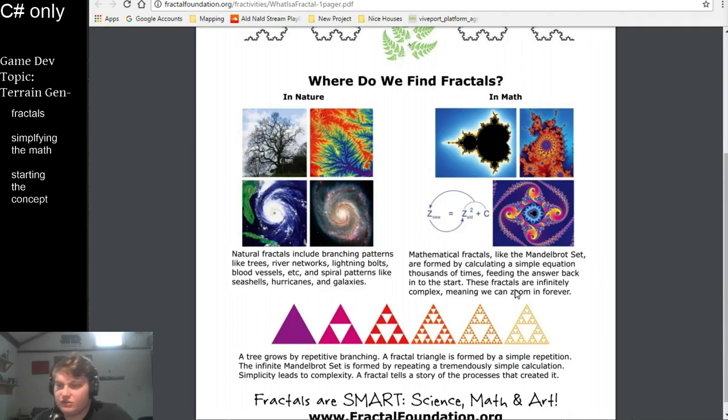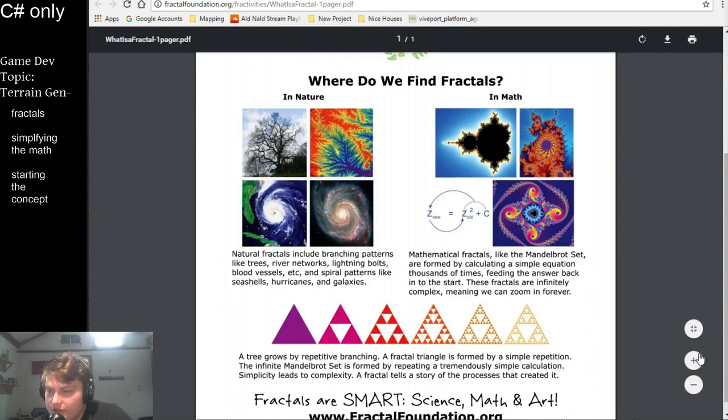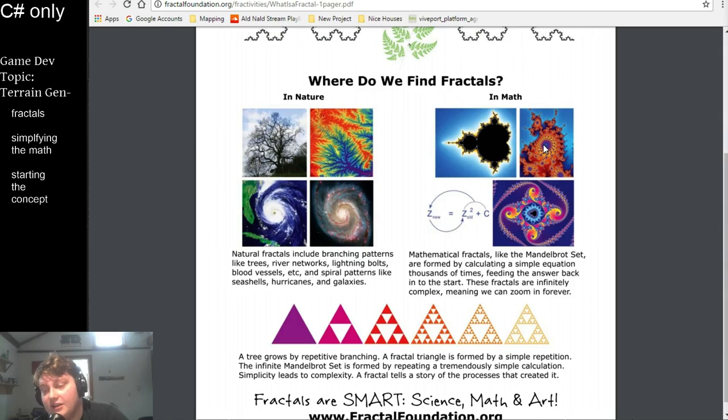So essentially, mathematical fractals, like the Mandelbrot set, are formed by calculating a simple equation thousands of times, feeding the answer back to the start. These fractals are indefinitely complex, meaning we can zoom in forever. Okay, so these are indefinite fractals, so you can keep zooming in. So these are less natural and actually aren't the ones that we will be needing. We will be looking at the math for these fractals,